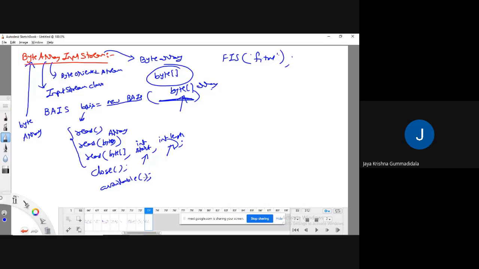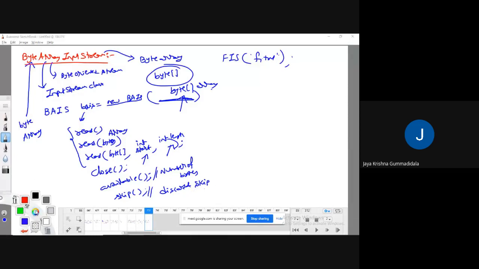The functionality of the available method is that it returns the number of bytes which are available in the byte array. That is the advantage of the available method. And there is one more extra method here, the skip method. The functionality of the skip method is that it is going to discard and skip the specified number of bytes.